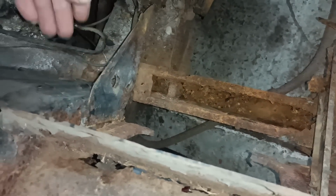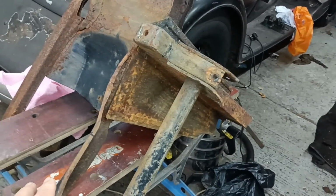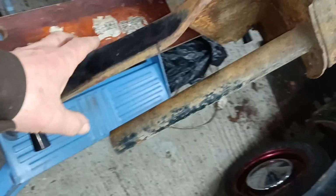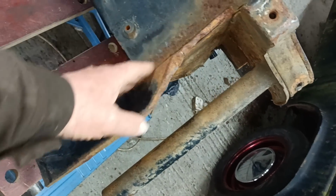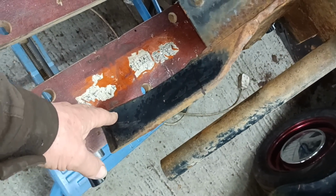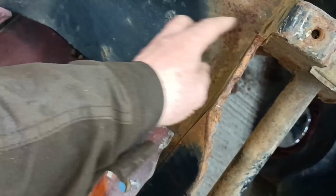So we had a chat, and I ended up buying basically the front off a parts car. So you're looking, that's the front, and these are the inner panels, and this is the piece that's missing off mine, which I asked him to cut just so that it would be easier to transport the parts. There's the front piece there, which is rusted away on mine like that. Down there. That's the piece that's rusted on mine. That's good on